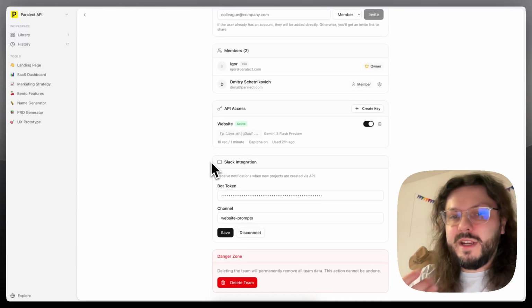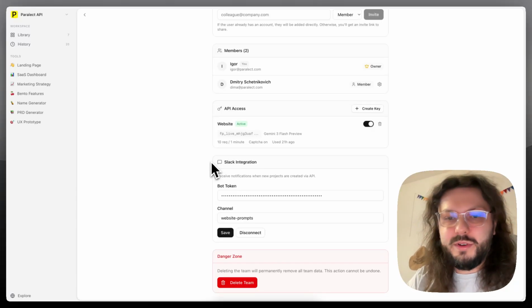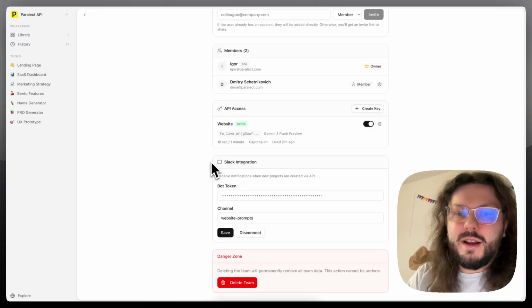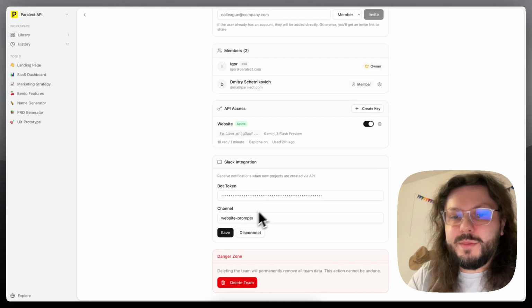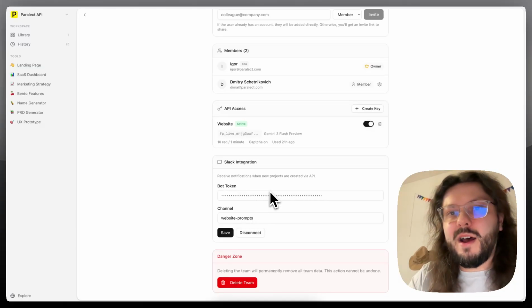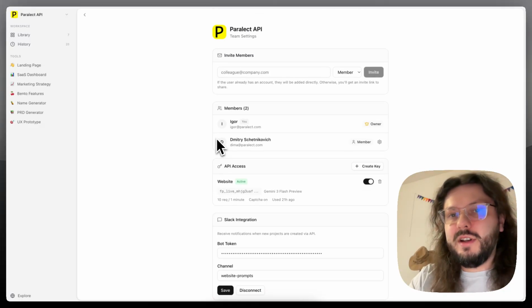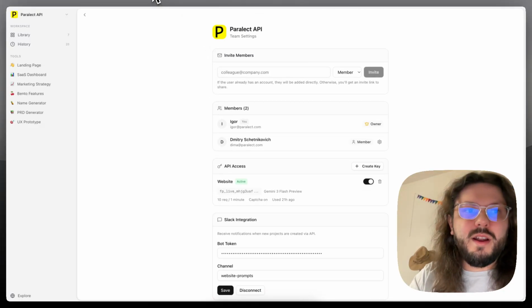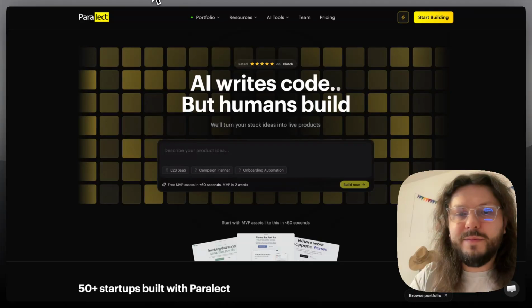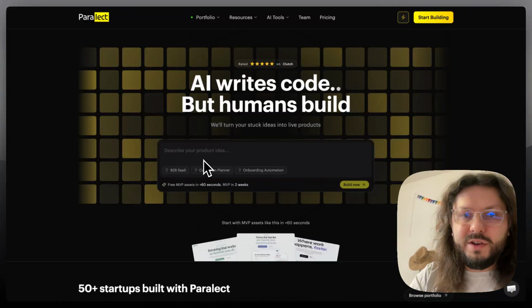Also, if you want to get a notification in Slack, which you probably want to, you can configure your integration and specify channel to send notification to. And to show you how it is used outside the UI itself, we actually integrated it to our agency website called Parlact. And here is the website. And you can describe your product idea here,